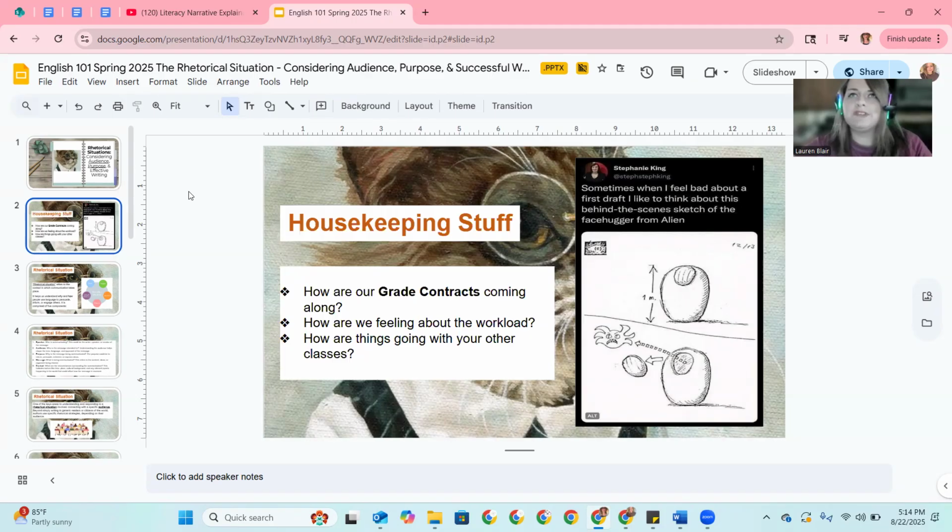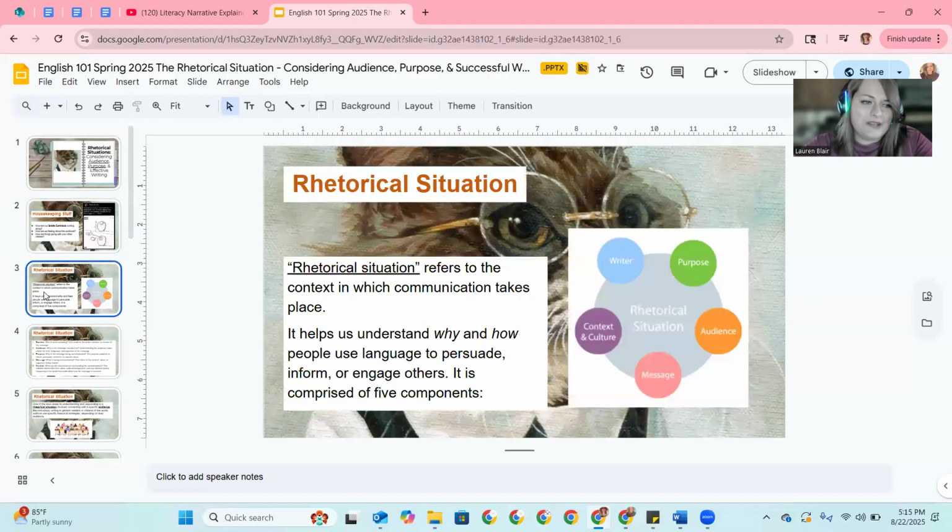This week is pretty much the template for what the rest of the semester will look like. We have a handful of readings and viewings every week, and then we have some low stakes writing assignments. We have our discussion and our weekly writing assignment, and then we have whatever larger high stakes assignment we're working on at that time. Right now, we're working on the literacy narrative. Next will be the rhetorical analysis. I hope things are going well in your other classes. I have all the faith in the world in you all.